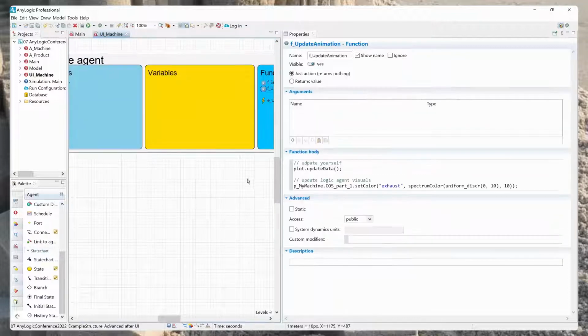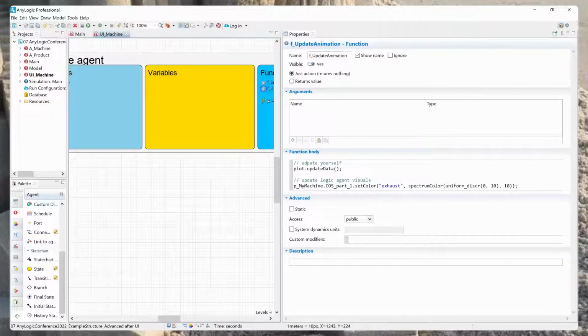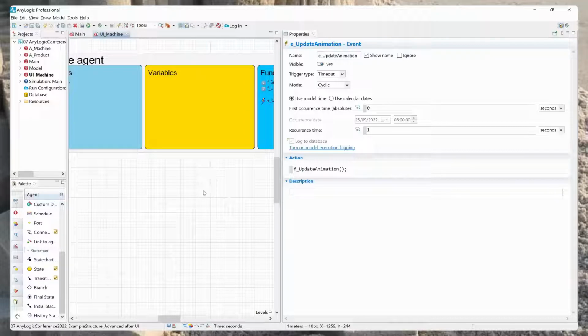The other thing that we could do is that we can update some visuals. In this case, remember, we assume that the A machine is a moving machine, so we have the 3D object in the logical machine. So we could set the color to some random value here whenever we call this function, which we do once a second. So when we run the model,